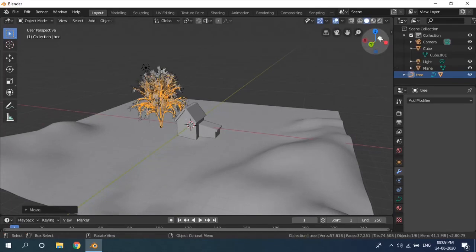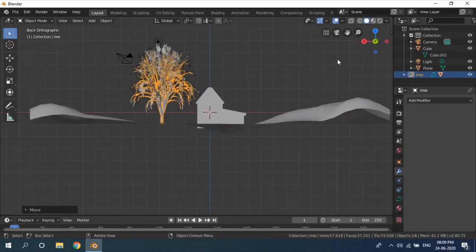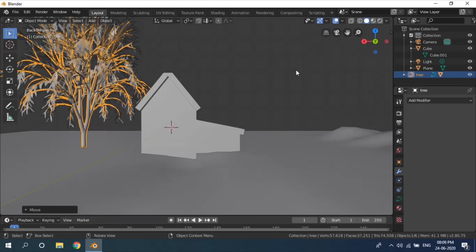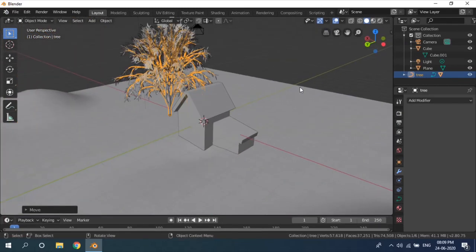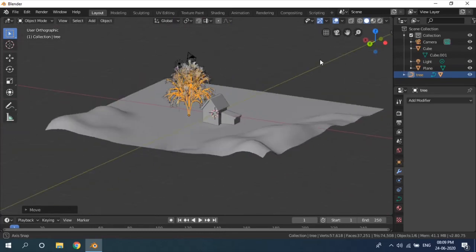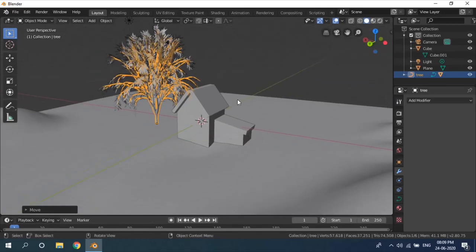By the way, if you want to go to front view, you simply press Y, or it might depend on X or Z depending on your model. In my model, Y is the front. So basically, this is the orthographic view. What orthographic view is, it shows your model without any perspective. So it comes in handy when it comes to architecture and all that stuff. But here it kind of looks odd, so I might switch to perspective.